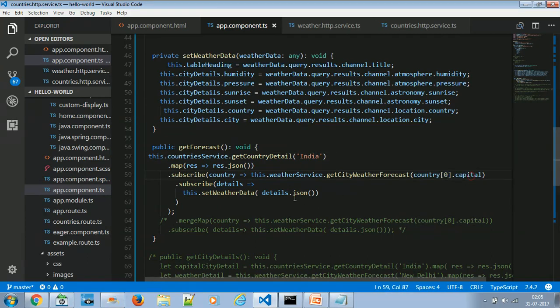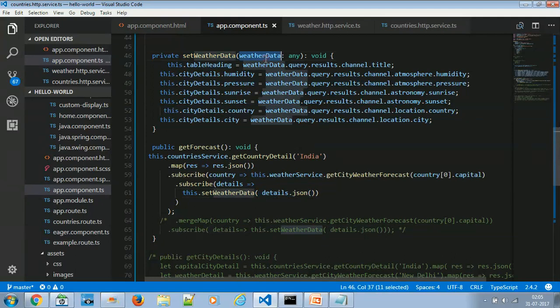And so on. Now after this response is received, another service will get called, and again you have to subscribe to the second sequence of service. Here again I'm getting the response as details, and finally I am calling this dot set weather data method I have created here, passing these details in JSON format.